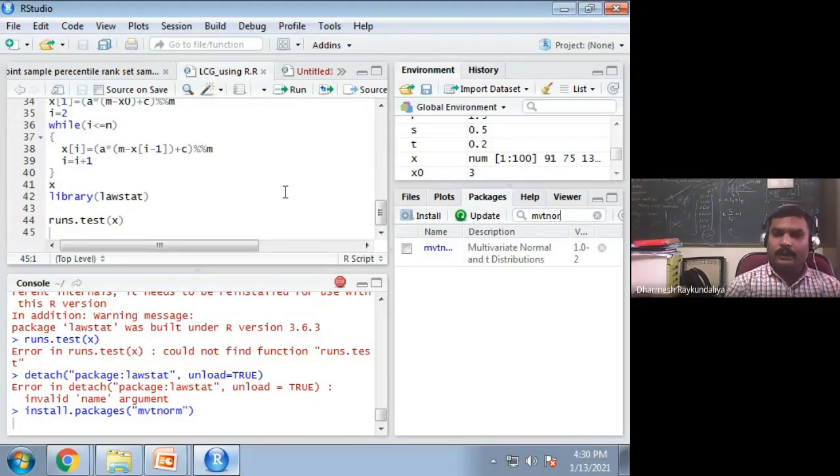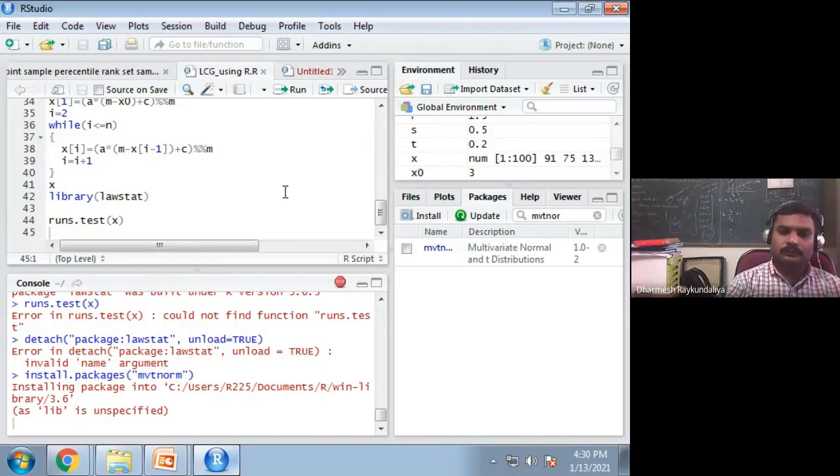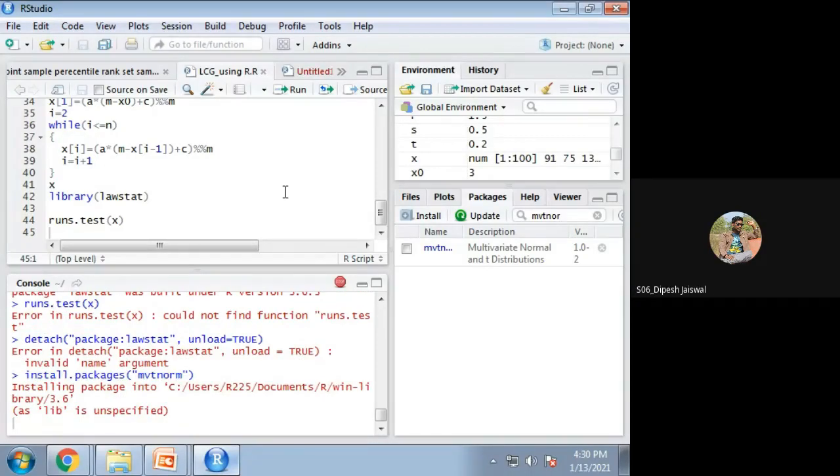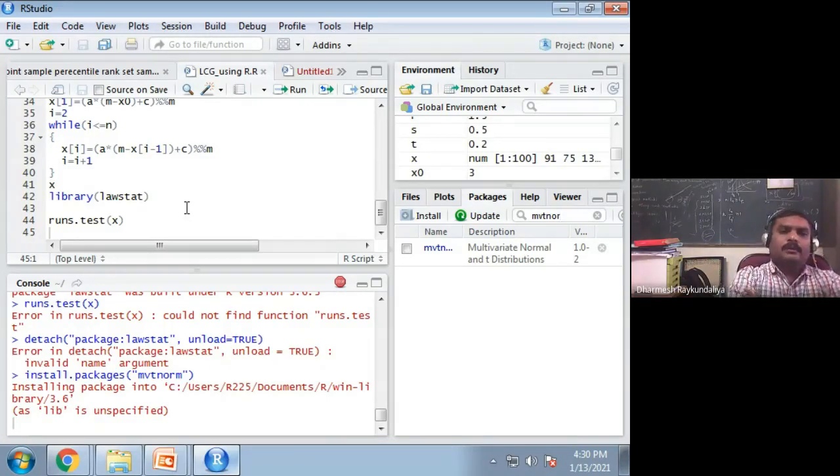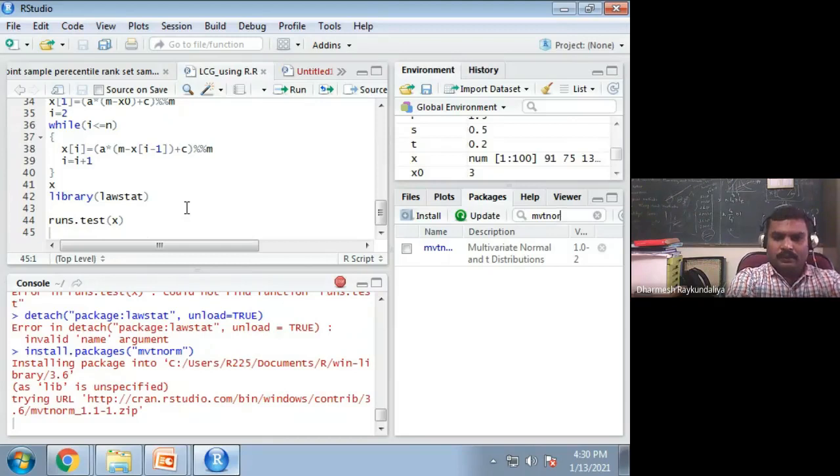So here we have seen the use of for loop as well as while loop. We have seen the use of vectors, modulo operators, arithmetic operators, equality operators, relational operators.